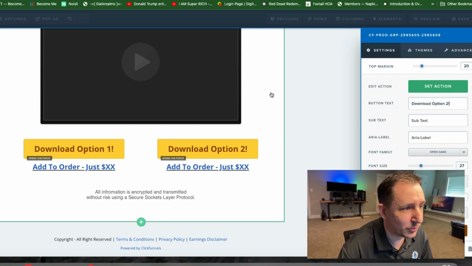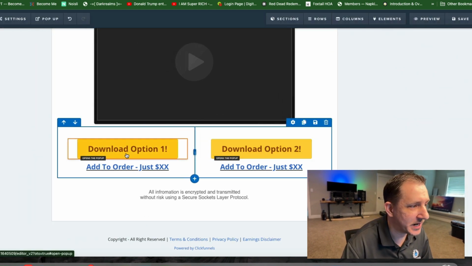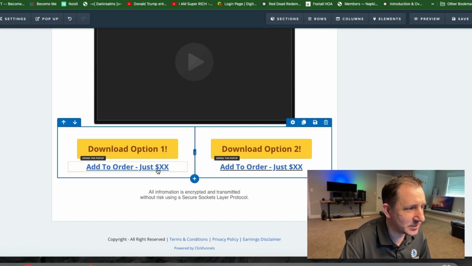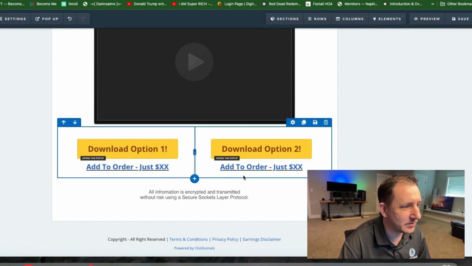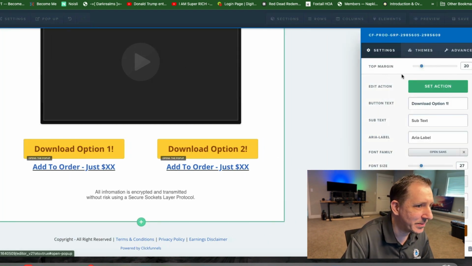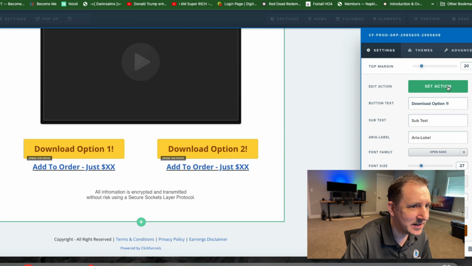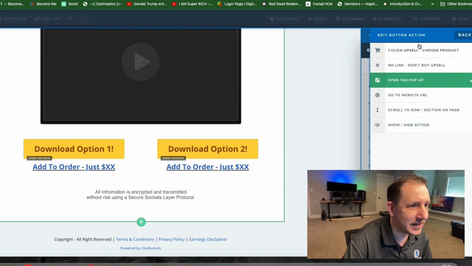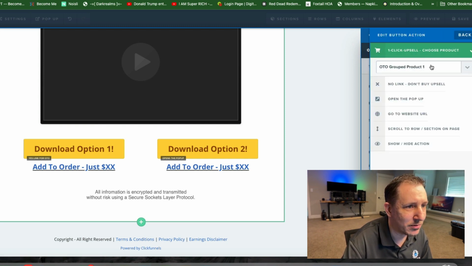With an exclamation point because my OCD says that's the way it has to be. Now, over here we've got add to order, so they could select one of these. I'm going to get to those here in a little bit, but both of these are currently set to open the pop-up. I'm going to change that to set action, and I'm going to set this to choose product, and